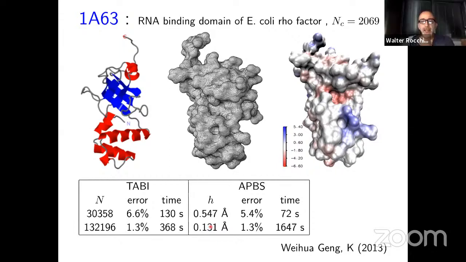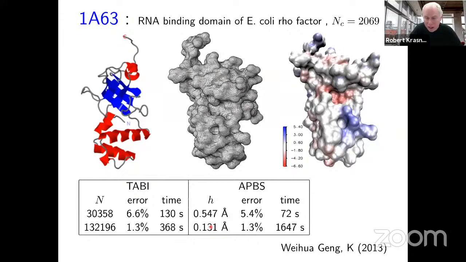Sorry, Robert, may I ask you a question? Please. How do you evaluate the error? So, good question. Because the answer is not known analytically, we extrapolate. And I'm going to show you a picture in a couple of minutes that will explain how the extrapolation works. So if you extrapolate to larger and larger values of n, you can estimate